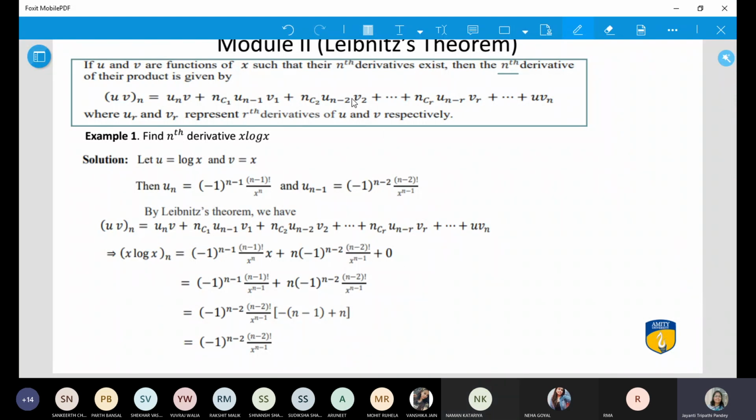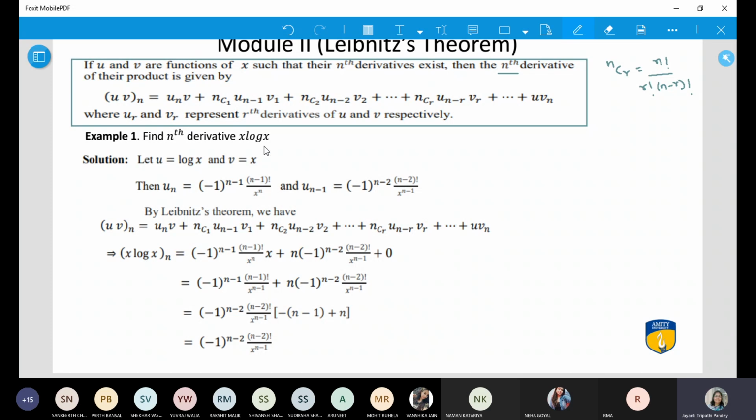Okay. Now try and understand. Till now, what we have done, we have tried to get the nth derivative of a function when you have just one function in your possession. Now, what will happen if we have product of the function and then we want to find its nth derivative? For that case, this comes into the picture, and I hope you understand what NCR is. It is factorial n upon factorial r factorial n minus r. Right? Combination you have studied.